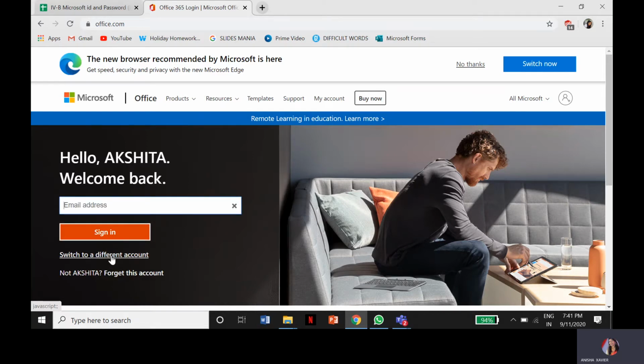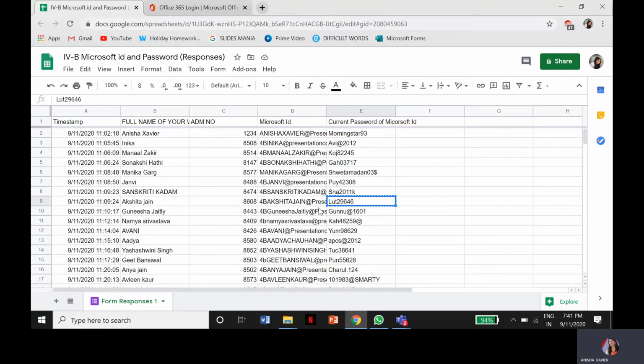You can either type the email address, or, if you have the child's spreadsheet, that Google Form spreadsheet of the ID and the password, you can just click on this ID and press Control plus C to copy it.